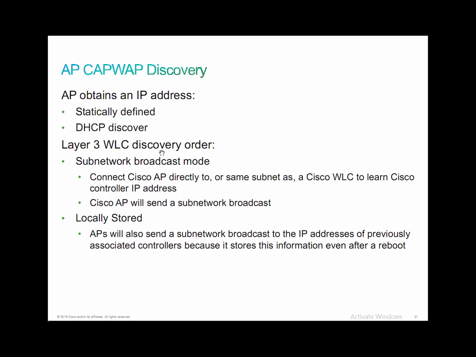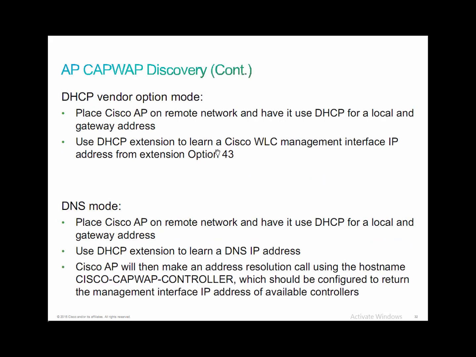I would say the most common option, and I'm not saying it's the best option, but the most common option is to use the DNS mode. If you don't want to have DNS reliance, the DHCP vendor option mode is very good as well. We actually, or Mike, you actually configured, and Tiju, you'll do this later, you guys actually configured the vendor option mode as part of the DHCP pool in